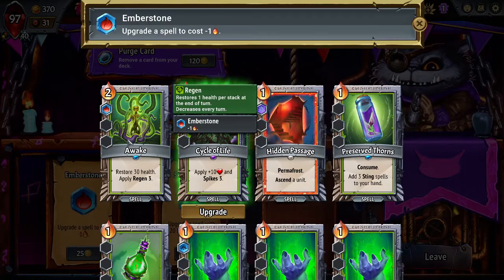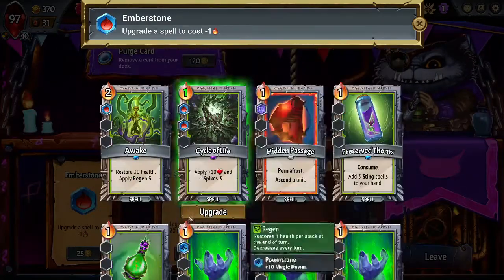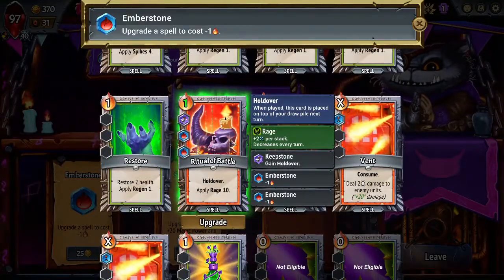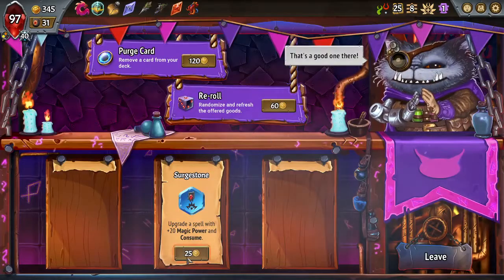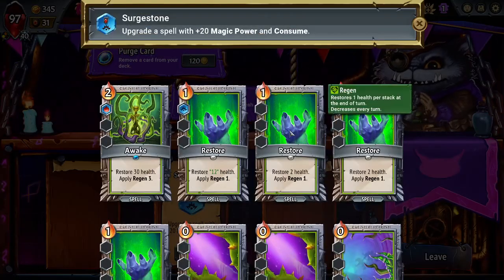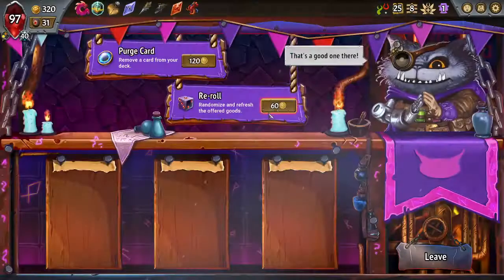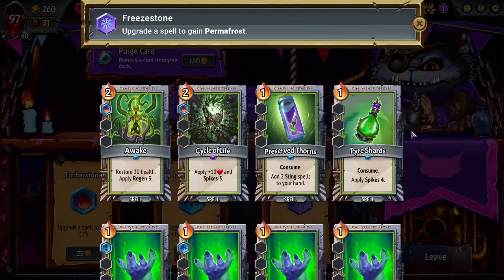This doesn't need to get really played, actually, honestly, now that I have this on holdover. So let's take... Maybe I just take these down to 1. Let's take one of them down to 1. I could pseudo remove one of these. That's not the worst thing in the world. And... Permafrost...